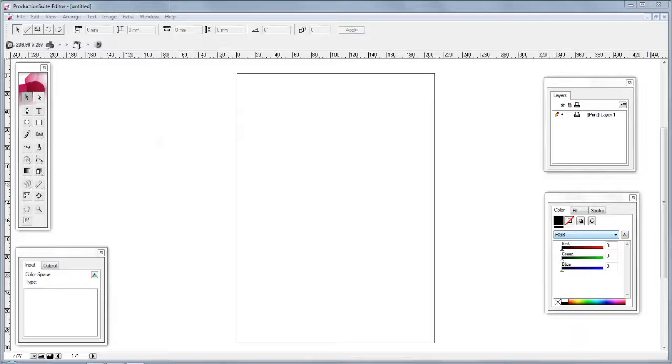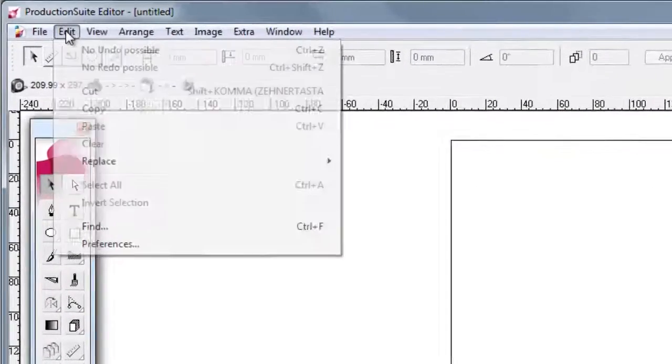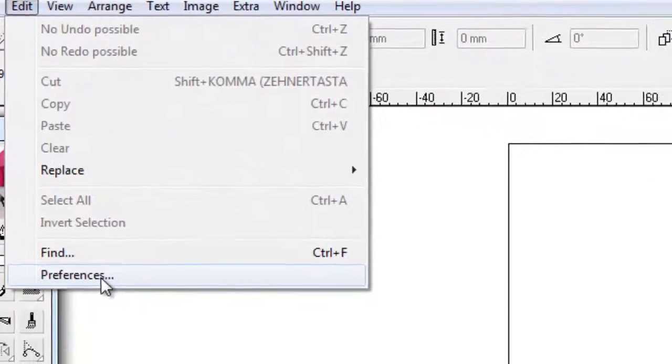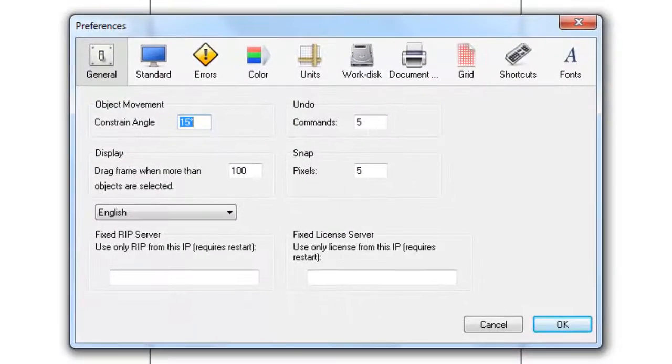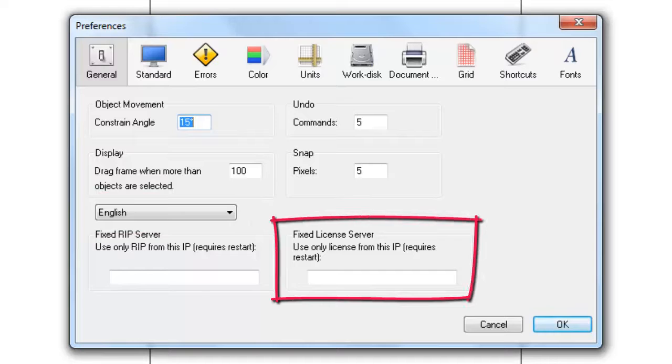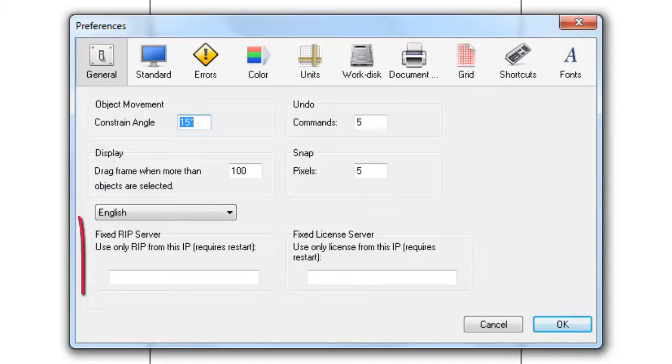At first startup, you can configure which floating windows you need to be enabled and, most important, you should configure the preferences. The most important settings on the General tab are setting up the language, entering an IP for the fixed license server, you may already know this from the Production Suite RIP, and setting up a fixed IP for